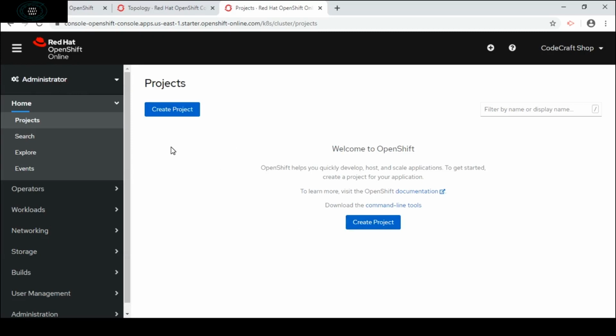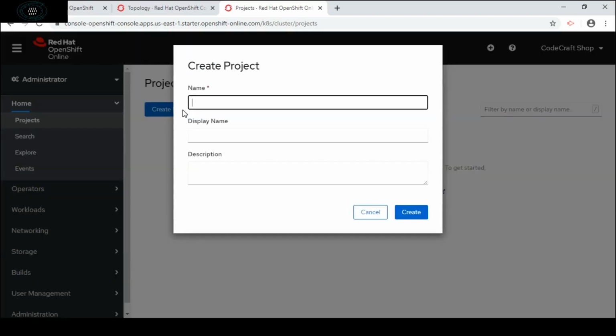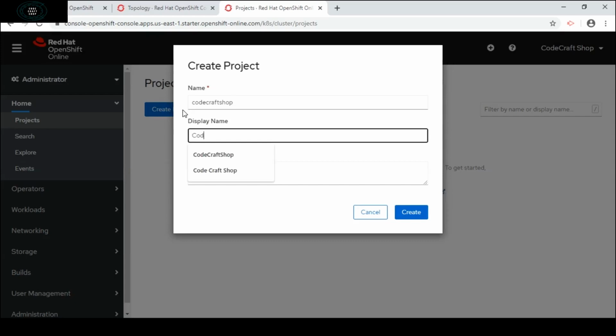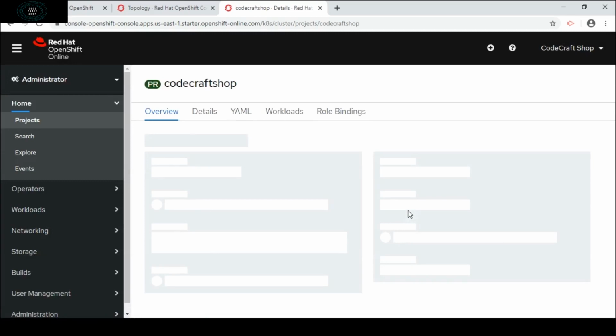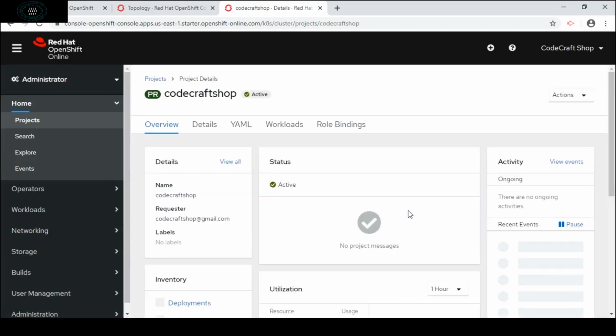Both buttons will work for me. I will click on this button and name it Codecraft Shop. I will click on Create.